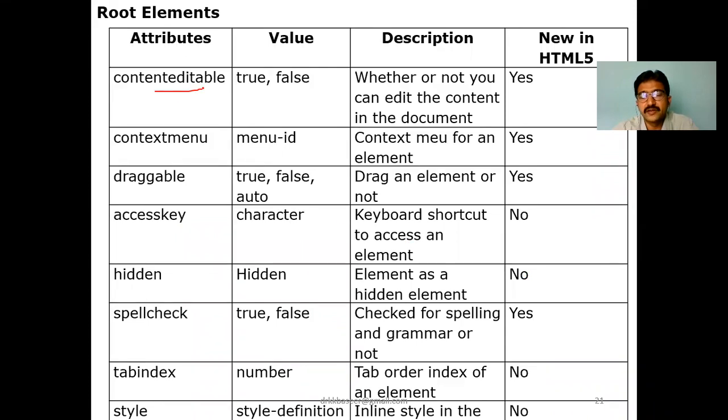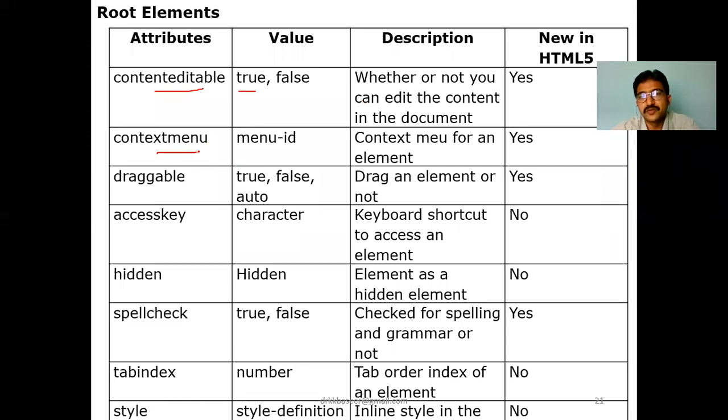Contenteditable means that when you use the attribute contenteditable equal to true, and you are displaying something in a paragraph, if you want to edit that, you can edit it. Once you give the attribute in your paragraph tag, for example, P is a tag, paragraph, P space contenteditable equal to true, if you mention it, now you can edit that paragraph in the page. I'll show you an example as well.